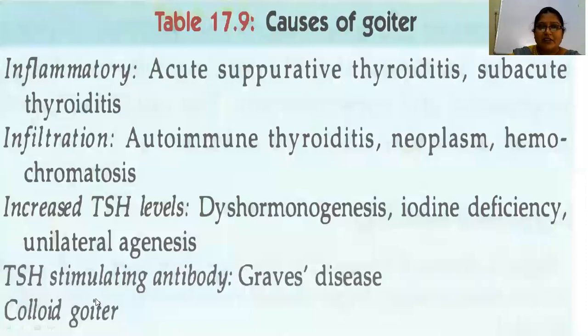Coming to etiology, congenital goiter includes maternal antithyroid medications, dyshormonogenesis, and iodine deficiency. Autoimmune thyroiditis is the most common cause in childhood, followed by iodine deficiency, dyshormonogenesis, and Graves' disease. Autoimmune thyroiditis is also known as Hashimoto's thyroiditis. Then the differential diagnosis for these are diffuse nodular goiter, benign adenoma, thyroid cyst, and occasionally a carcinoma.